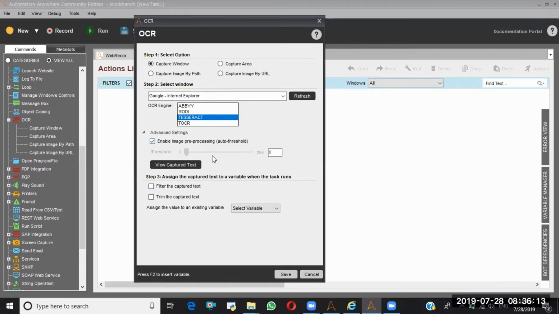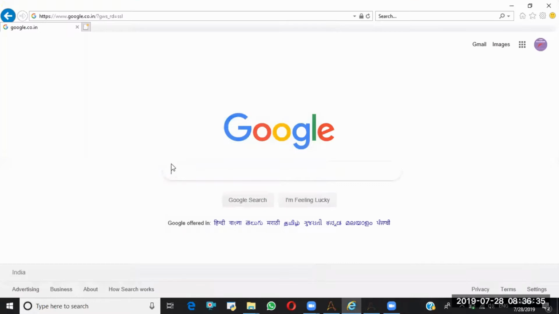This is the threshold. Auto threshold is better. If you disable this one, you have to select the threshold. By increasing this threshold, processing the image will be delayed. So I'm making it auto threshold. Now I'm trying to view the capture text.